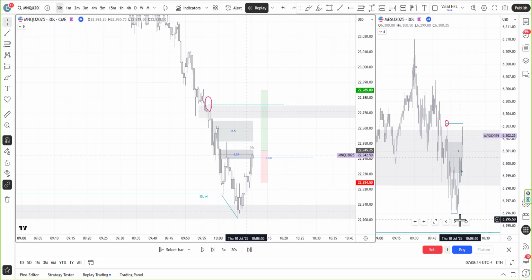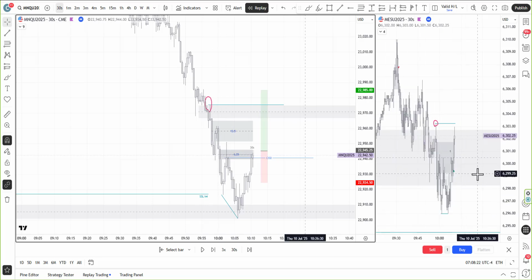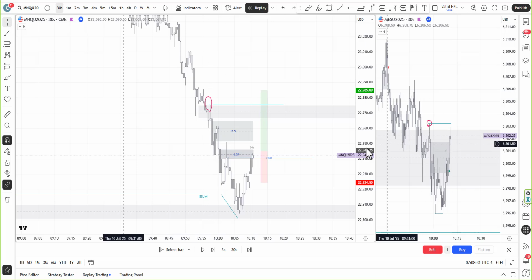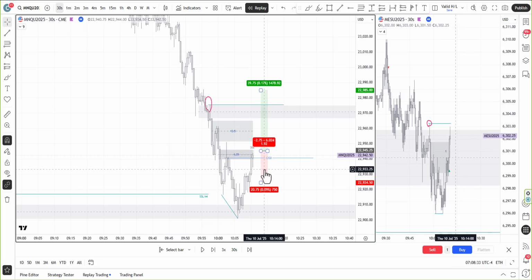ES was actually showing proper momentum. So on the lower time frame we had a divergence in SMT. It was not the strongest, but okay, a divergence nonetheless. ES didn't sell off that much, so we also had high time frame SMT. It was actually showing momentum already. So my third wrong assumption was: ES is already going, so NQ should follow.